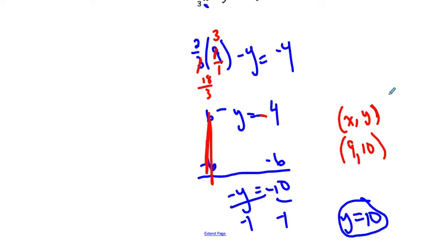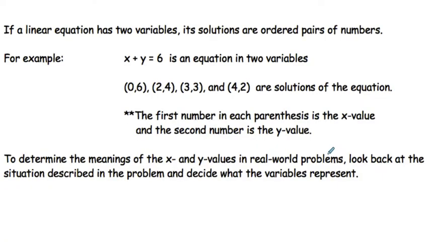So basically what we're going to be doing today is interpreting and solving some solutions that have two variables. So something like this, x plus y equals 6, that's an equation that has two variables. So our answer cannot just be like x equals 3 or y equals 4 or something like that. We actually need to have two solutions to this. And basically what we do is we could pick a number for x. X is called our